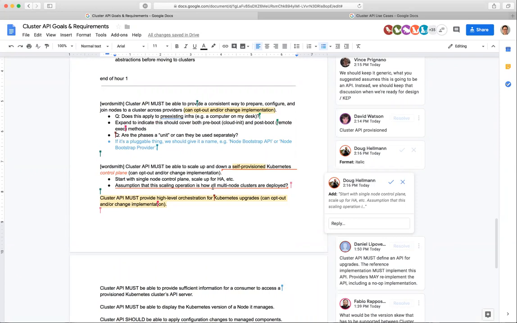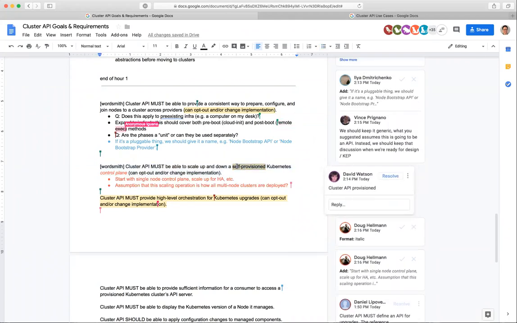Well, I think that's why we scoped it down to self-provisioned control planes here, because we didn't want to get into the minutia of specifically around the managed providers. Well, self-provision by the managed provider now. By cluster, it could be provisioned by Cluster API though still. So it is self-provision. So when we wrote this, we meant self-provision to mean I've got some machines that Cluster API put together, and you're going to start with your single member and add more. Self-provisioned here was not meant to apply to GKE, for example.